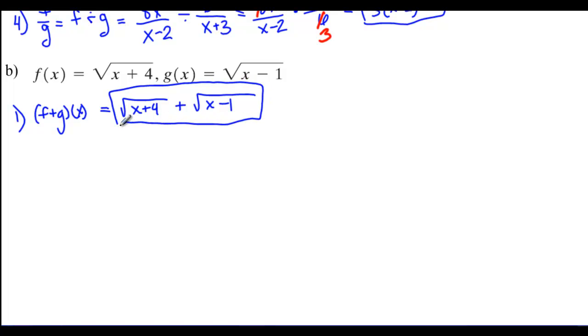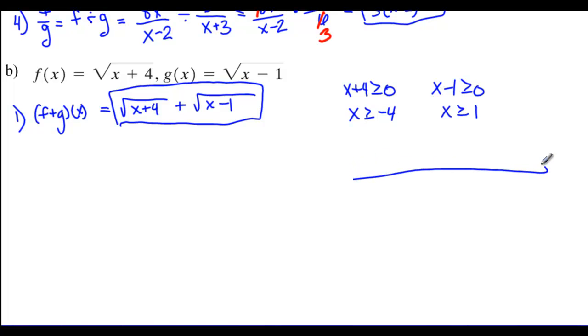Now let's talk about the domain. We know that when we're taking the square root, it has to be non-negative, so 0 or greater. So for the domain, x plus 4 has to be greater than or equal to 0, and also x minus 1 has to be greater than or equal to 0. We're looking for the domain of f and the domain of g. When we solve here, we subtract 4 from both sides and have that x is greater than or equal to negative 4. And over here, we add 1 to both sides and have that x is greater than or equal to positive 1. So when we look at this on a number line,